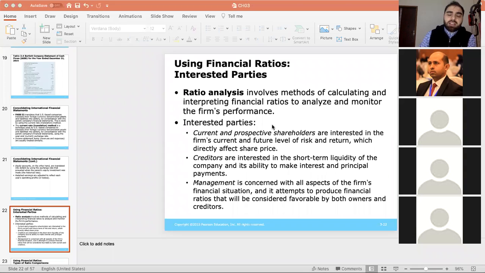You're supposed to know what you mean by balance sheet, what you mean by income statement, and what you mean by